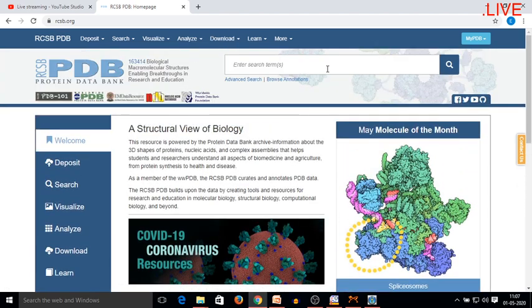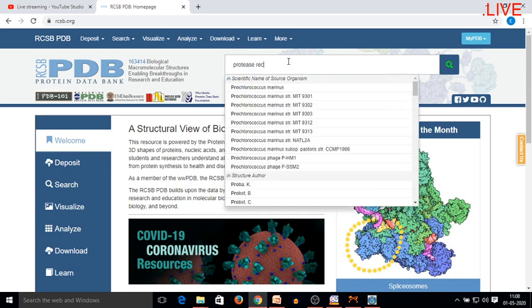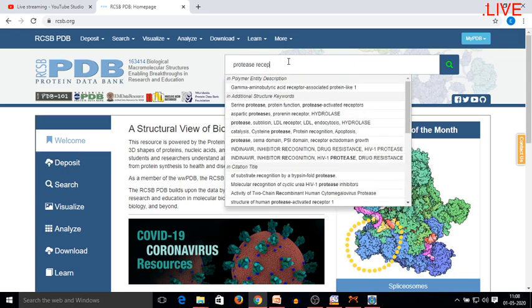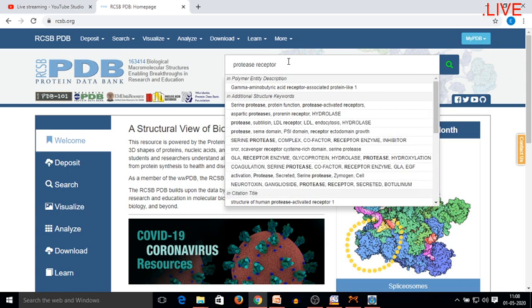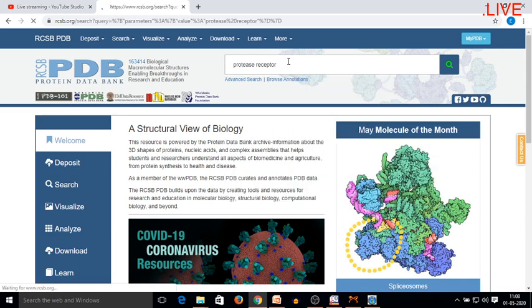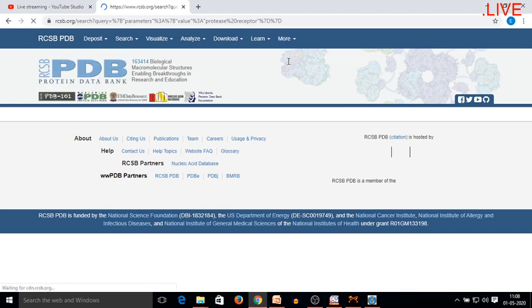Now you can see that here is a search option. So I will type protease receptor. You can see that I am not aware about any particular codes, so I am going to type just protease receptor. I desire to download a protease receptor.